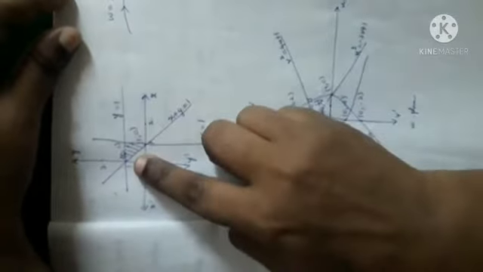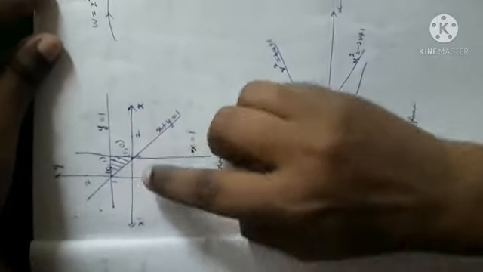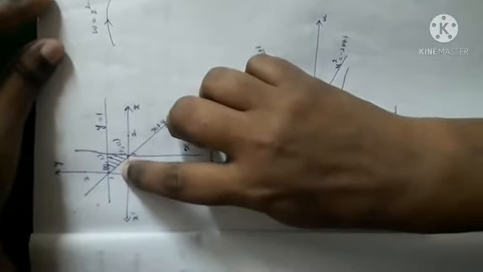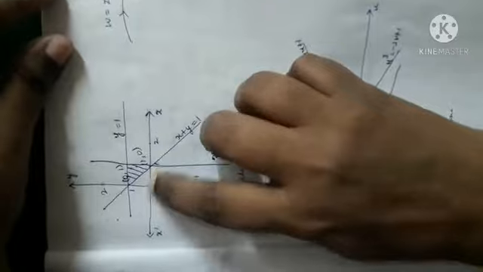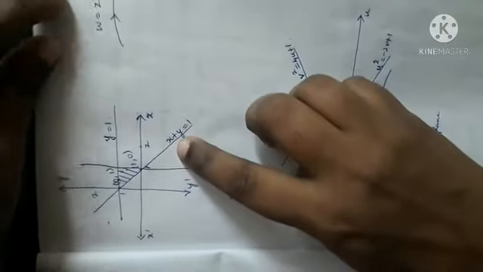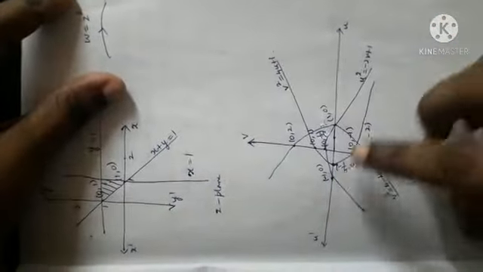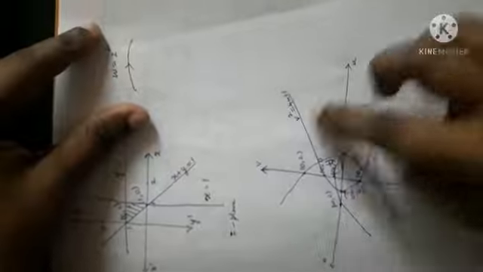Okay. This triangle cannot be the region. If it is the region, then the x-axis is y is equal to 0. So the lower triangle is bounded by y is equal to 0, x equal to 0, x plus y is equal to 1. So this cannot be the region. Okay. And hence, let us mark all the points, 9 points.